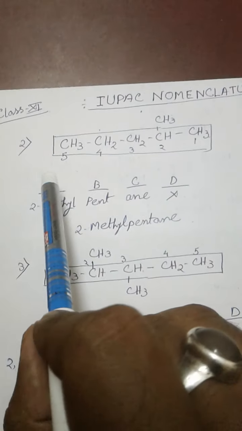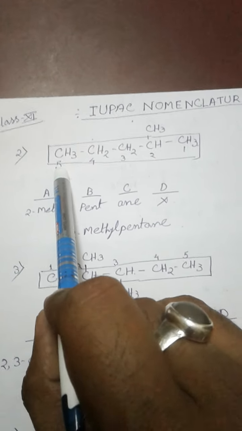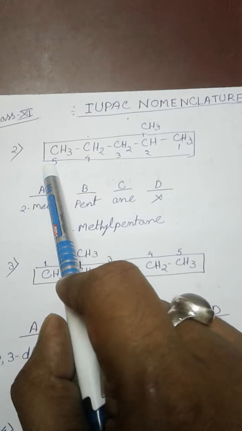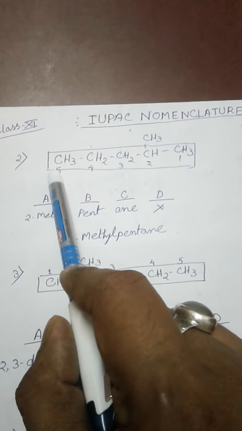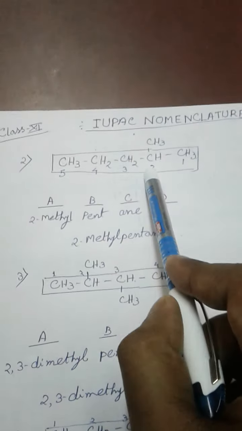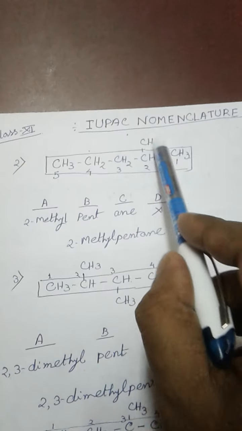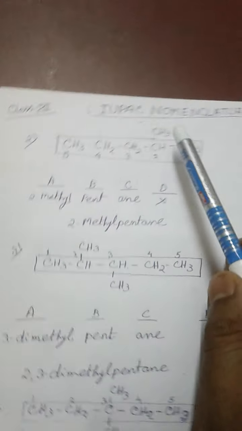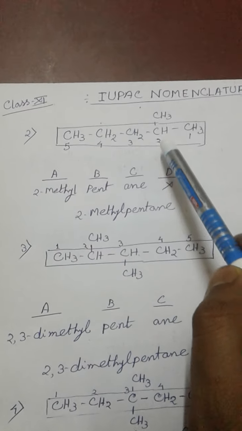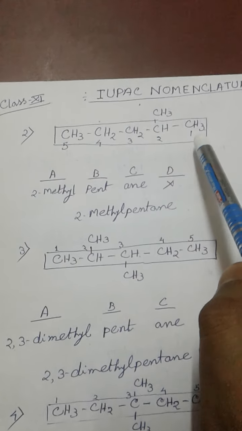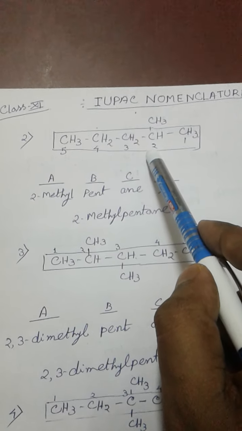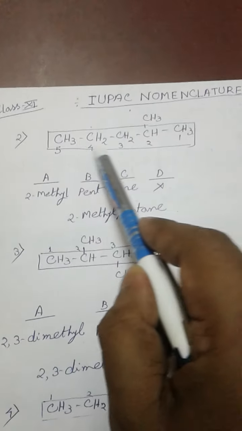That is, if I start from the extreme left, then the side chain is present at number 4 carbon, that is 1 2 3 4, that is fourth. If I start from the left side, then the side chain is present on the fourth carbon of the main chain, but if I start from the right side, then the side chain is present on the second carbon of the straight chain or main chain, and